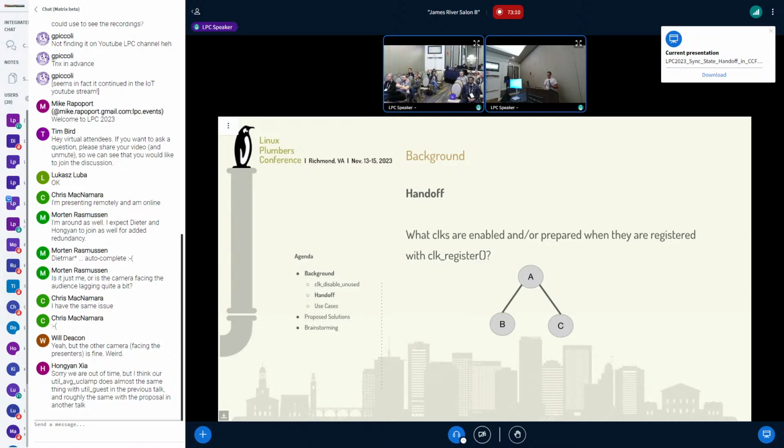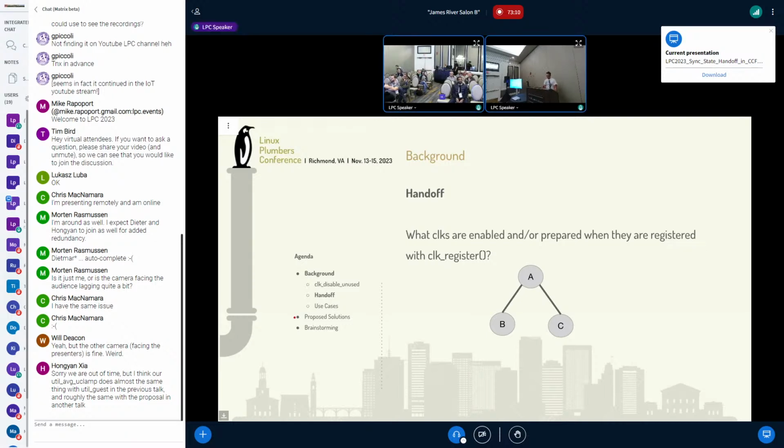There's actually code out there, for example PLL code. The PLL is already running, right? And there's a bunch of sequences that people go through. Half the time, if you look at a PLL clock op for enable, it says, is it enabled? Oh, let me just bail out of here. So the framework is just calling the clock ops for no reason, and that's another issue that no one really cares to solve or has solved so far. Right now when you register, we don't know at all that it's enabled, and we don't care until late init runs and we actually see, oh, is it enabled in hardware? And if it is, then we disable it.